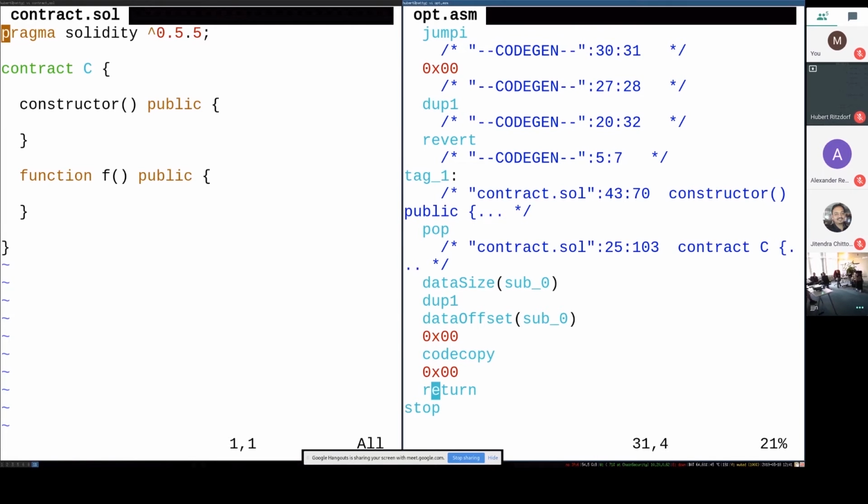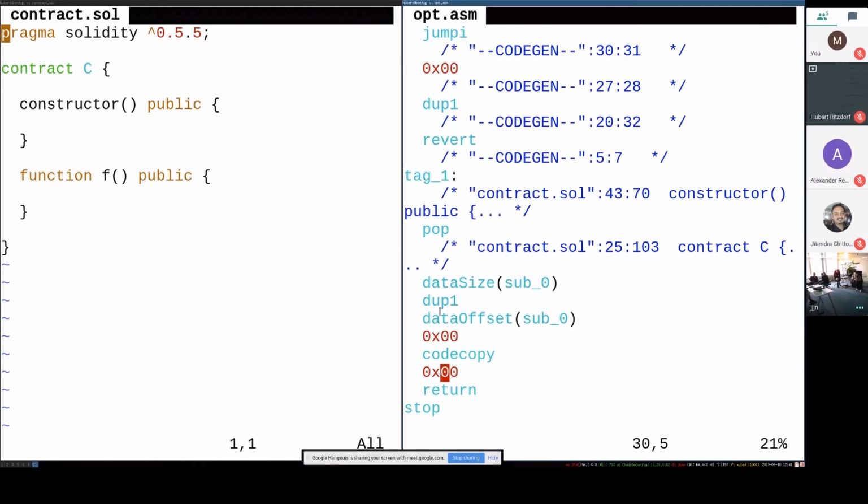And then finally, we're doing the return here. There's a convention in the EVM that whatever the constructor returns is going to be written as the code segment of that contract. So the constructor returns an offset. The offset is going to be 0 here. That's why we're pushing 0. And a size, that's going to be this data size here. That's why we duplicated it before, because now, I mean,